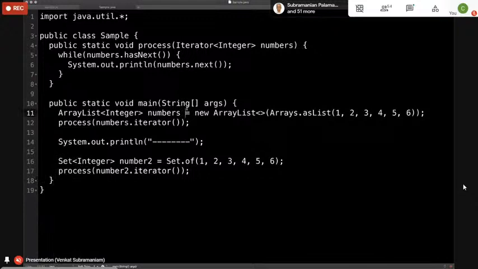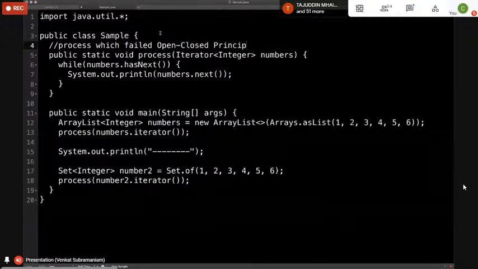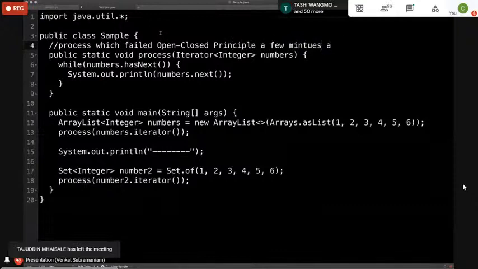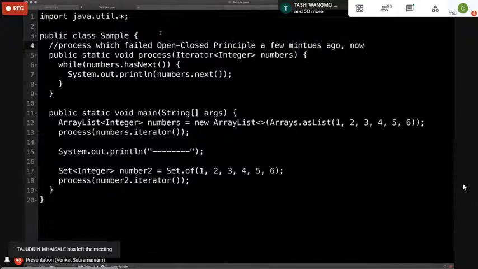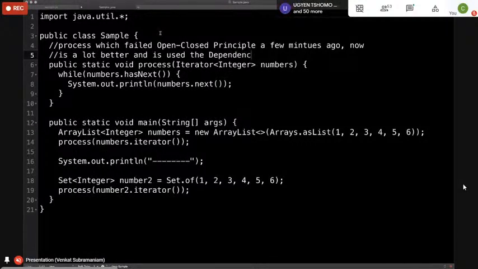Essentially, in this case, you can see how I decoupled. How did I decouple? The process function, which failed the open closed principle a few minutes ago, is now a lot better and is using the dependency inversion principle.